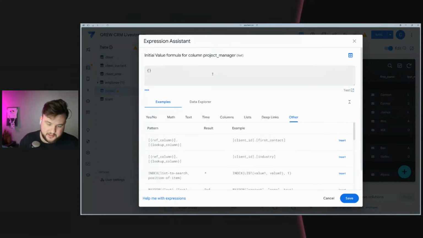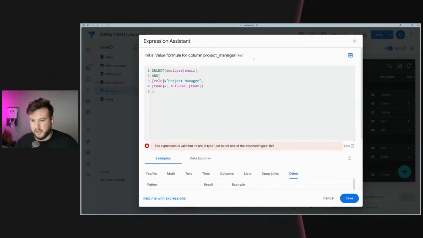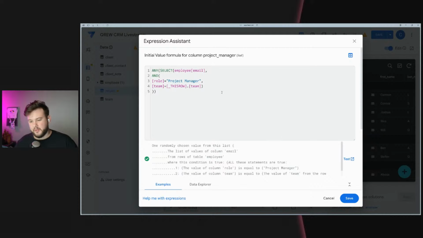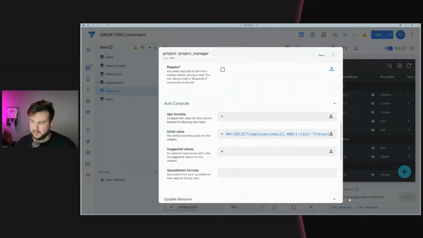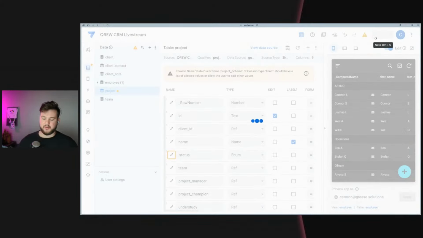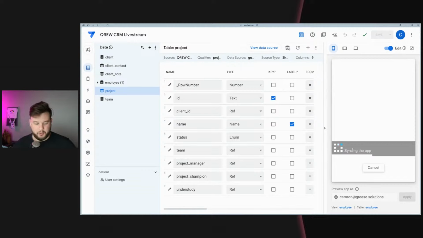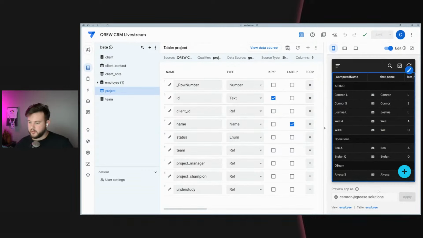So we want to suggest this value, but this is expecting a reference, a single element from this list. And so we're going to wrap it in any. Ideally, there's only one project manager for that team anyways, but if that's not the case for whatever reason, it will select one of the project managers and you can change it. So let's hit save, let's hit done, let's hit save, and let's make sure this works how we would think it would. So let's go to the full screen app,